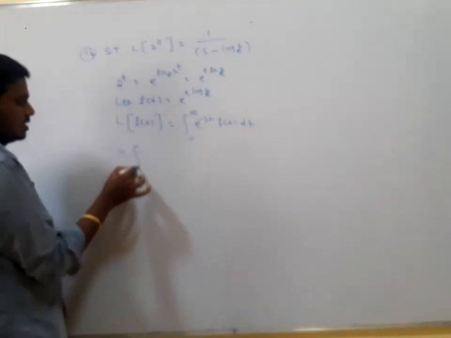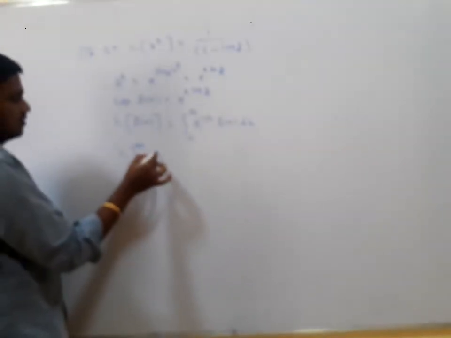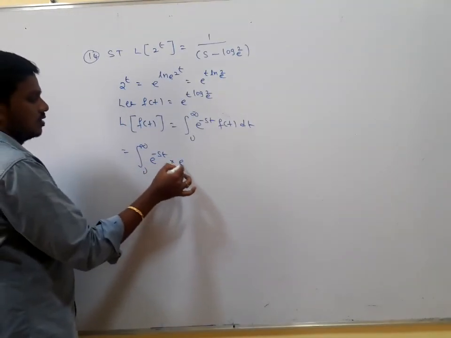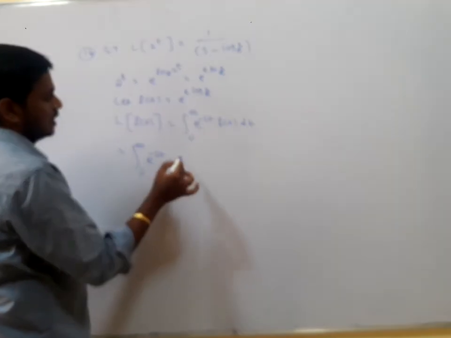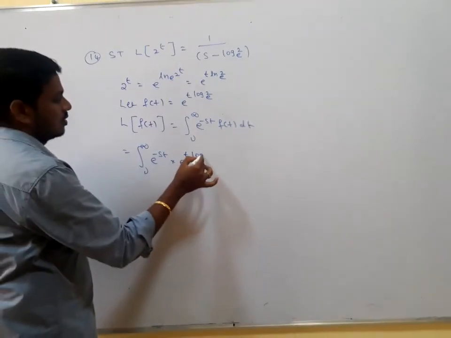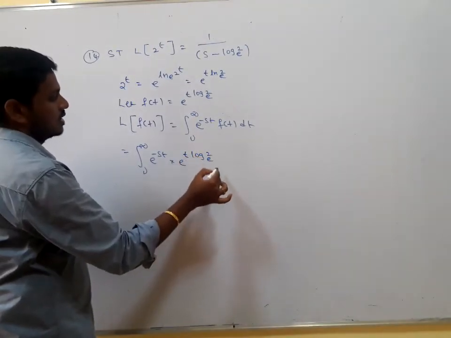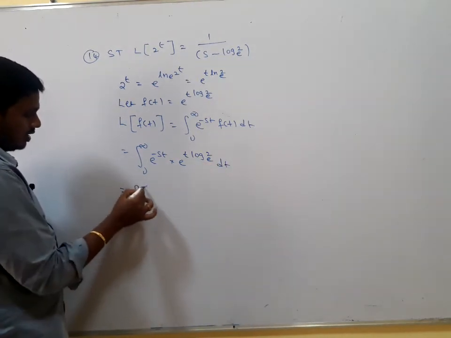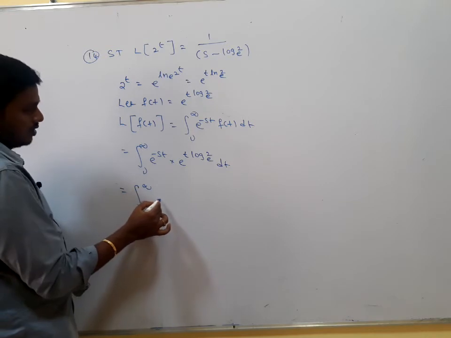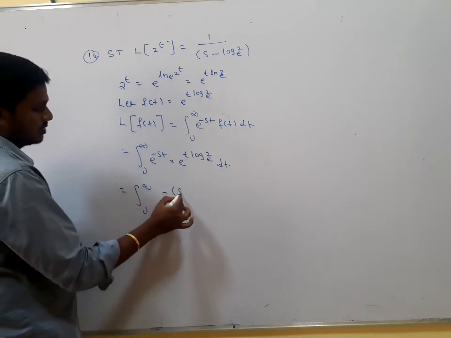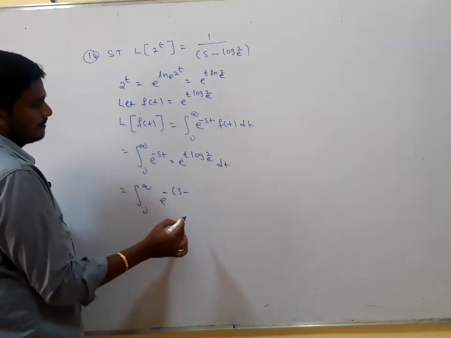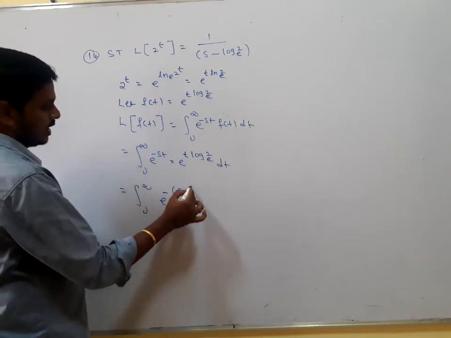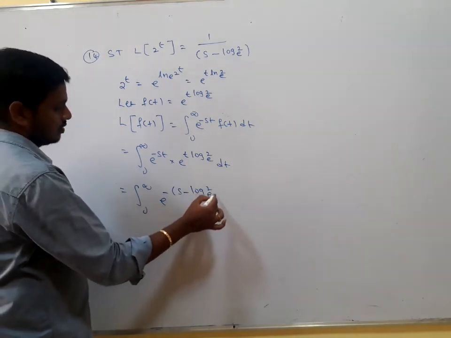Which is the integral from 0 to infinity of e to the power of minus st into e to the power of t into ln 2 to the base e dt. So which is the integral from 0 to infinity of e to the power of minus (s minus ln 2 to the base e)